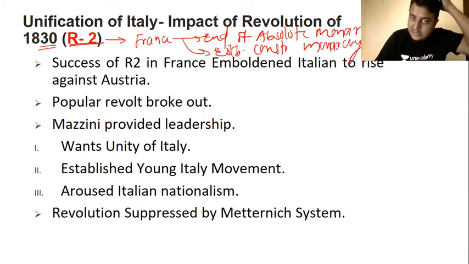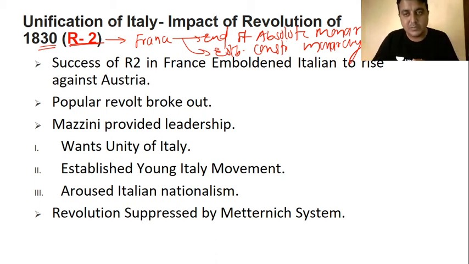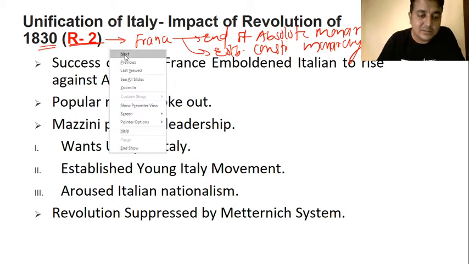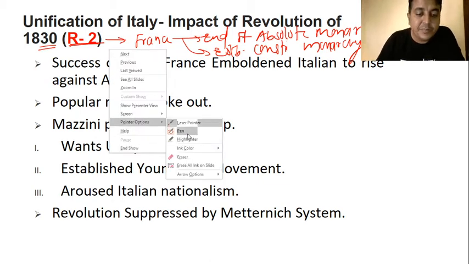So we can say that this movement, this revolution was quite successful. And when this revolution was successful, it had a European impact. Other European countries, other European colonies, those who were suffering from the Metternich system, wanted to fight against it. So basically, the revolution of 1830 inspired the other countries to fight for their freedom, to fight for their rights, and the result of that is